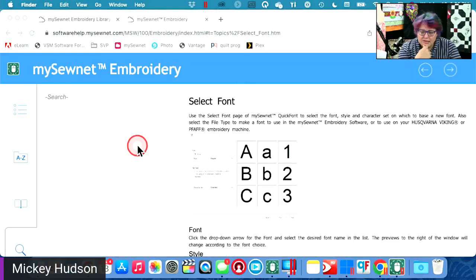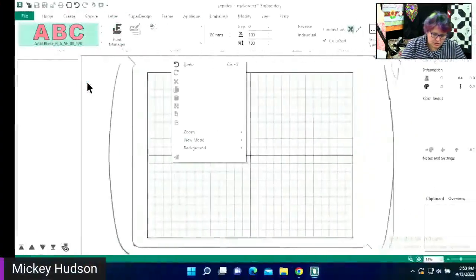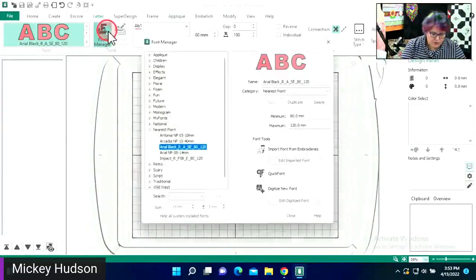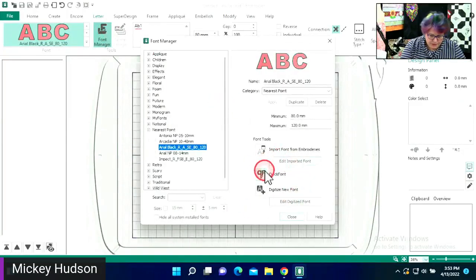When creating the size span of a font, how do you know how big of a point gap you can create? I.e., you choose 80 to 120. Can it be 50 to 120? Yes, you can. But again, like I mentioned earlier, when you come to the font manager and you create a font,